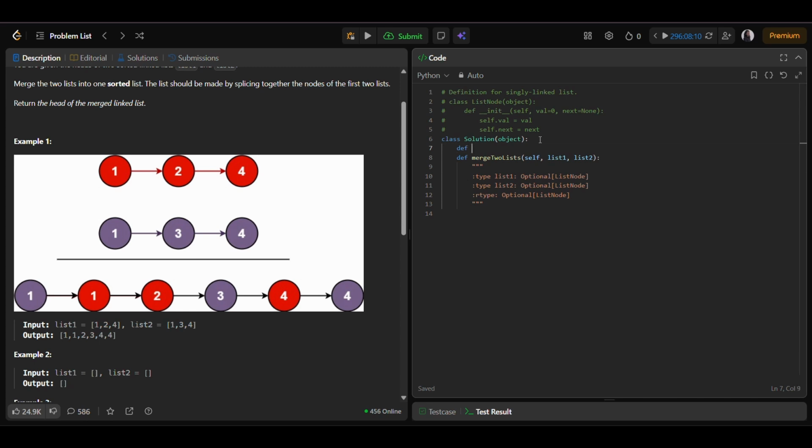So first we initialize a constructor. It runs when a node is created, that is def dunder init dunder, and in the brackets self comma val equal to 0 comma next equal to none. Here val stores the value stored in the node and next is pointing to the next node. To store the value inside the node we do self dot val equal to val, and similarly to store the reference to the next node we do self dot next equal to next, and then define merge two lists, L1 and L2,